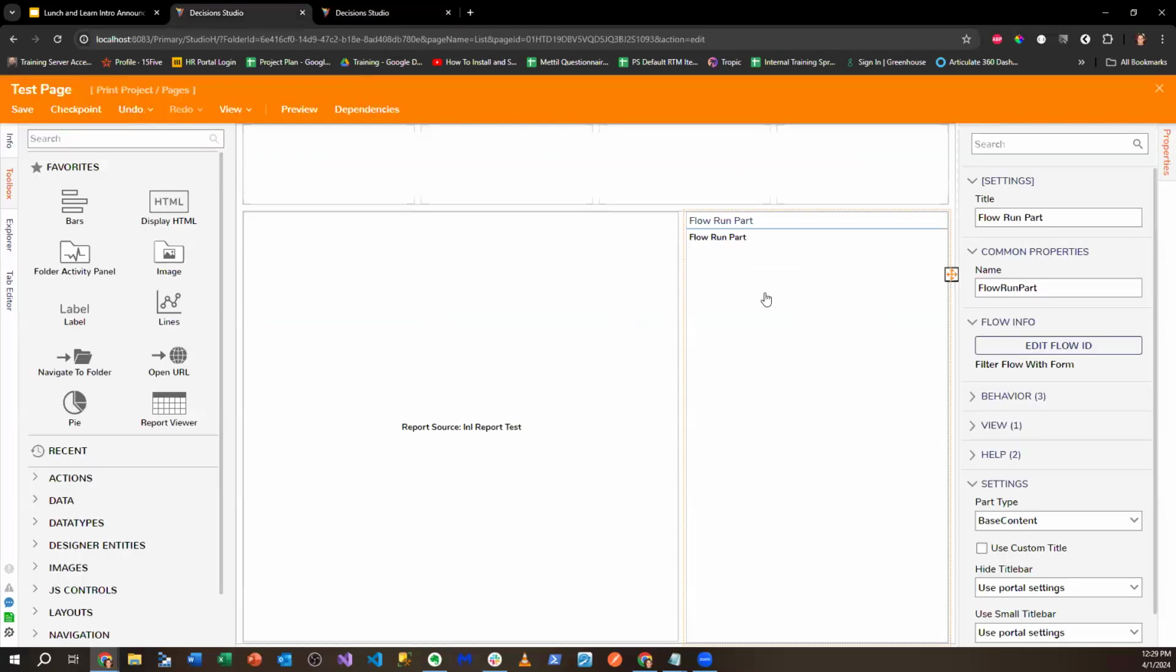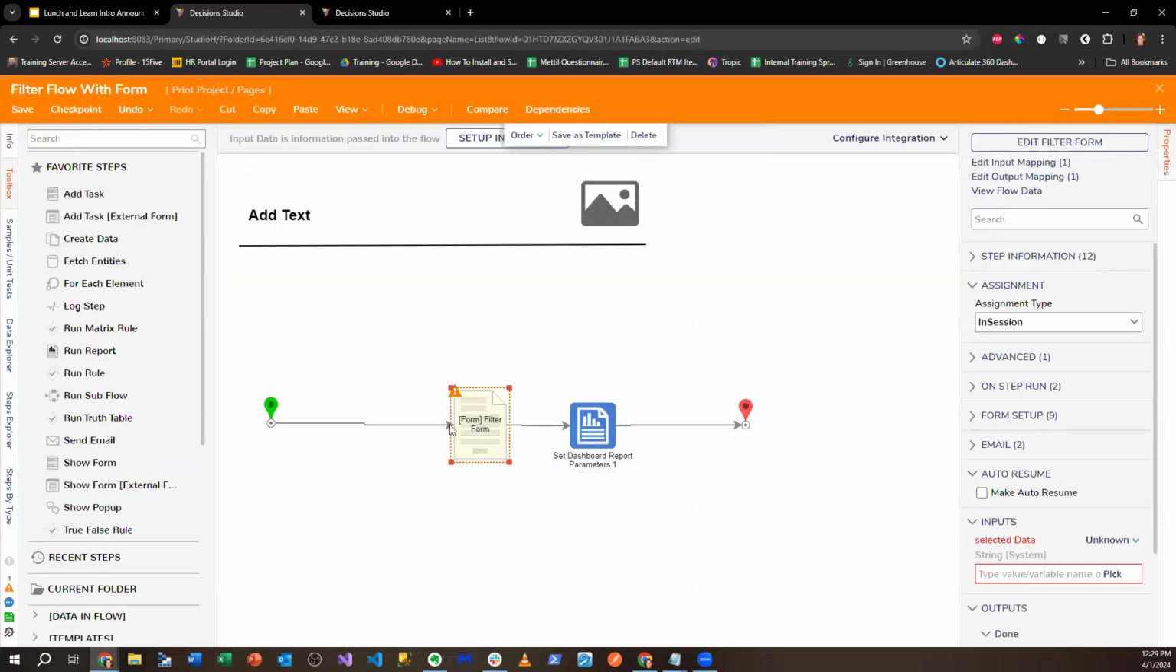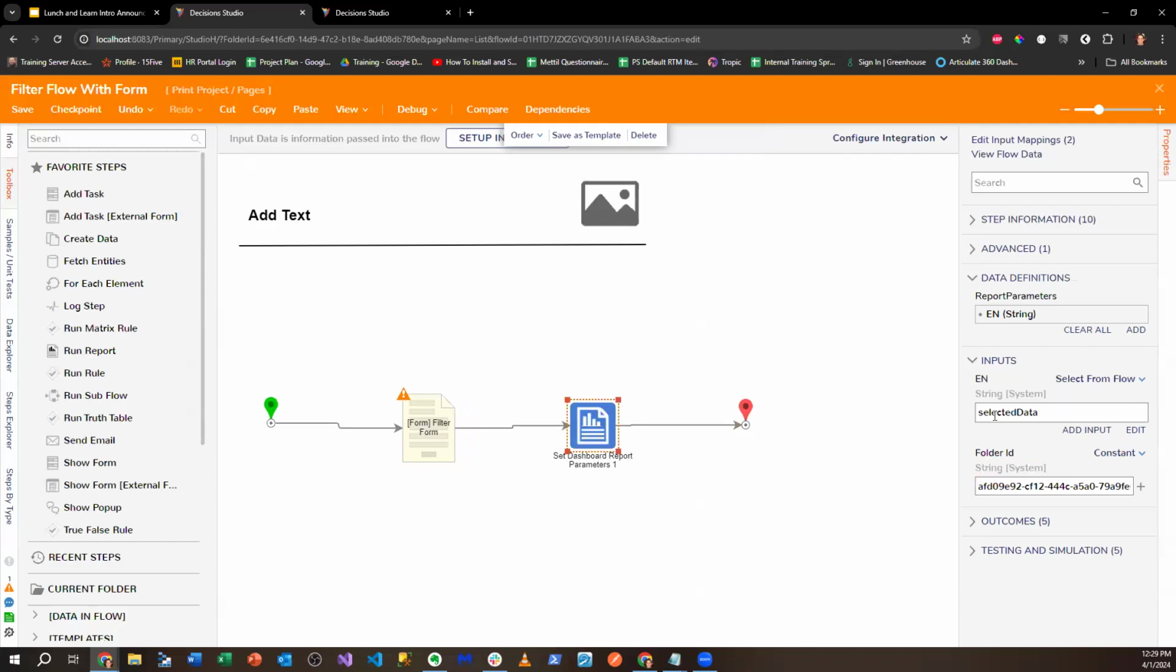Oh, I already have it open. Silly me. And then you can use a flow run part, or you can use a form tile. With the flow run part, you'll have whatever form or design you want to use as a filter. Just make sure that you have the set dashboard parameters configured here. Okay, I'll show you. The other one is also with a form tile, and I actually just realized